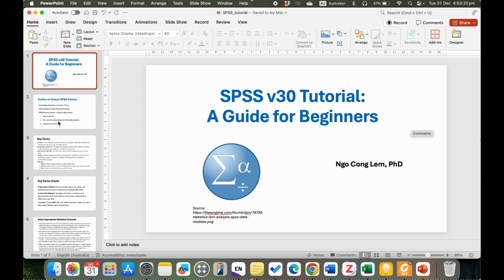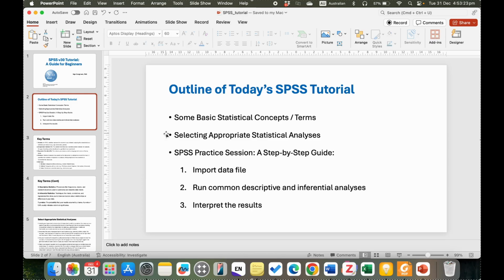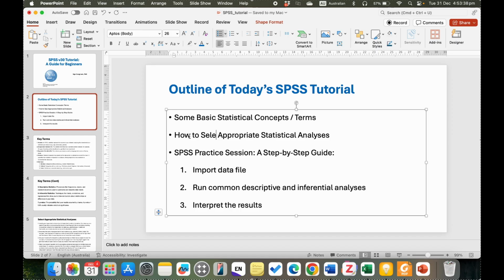Alright, so let's first walk through the outlines of today's tutorial. We'll first talk about some basic statistical concepts or terms, and then we will talk about how to select appropriate statistical analysis. And then we'll have a practice session where I will demonstrate how you can use SPSS to perform basic functions for quantitative data analysis: import data file, run common descriptive and inferential statistics, and interpret